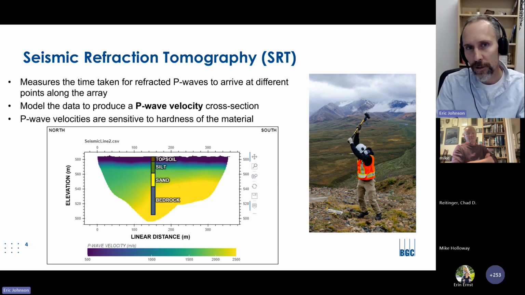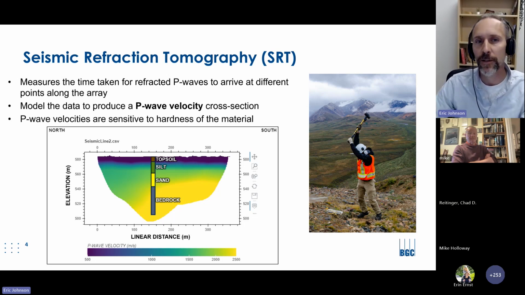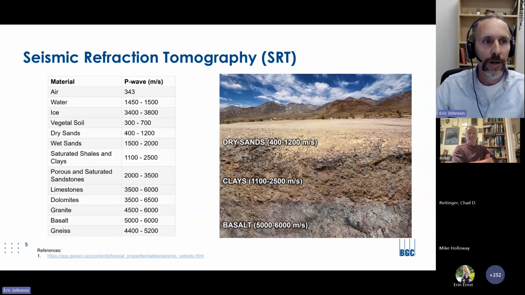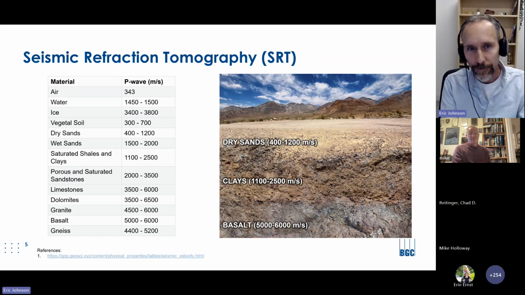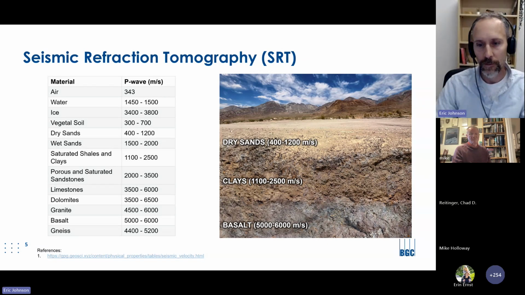Another observation here is you can see that P-wave velocities at the top of bedrock is about 2,400 meters per second. So this adds to our confidence in interpreting the top of bedrock for the rest of the cross-section for that velocity. So there are known velocities for various materials, but they do vary from site to site. For example, highly cemented limestone will have higher velocities than a lower cemented limestone. So we wanted a tool to better quantify these physical properties for the geology at a specific site, which can help improve our interpretation of our geophysics data.